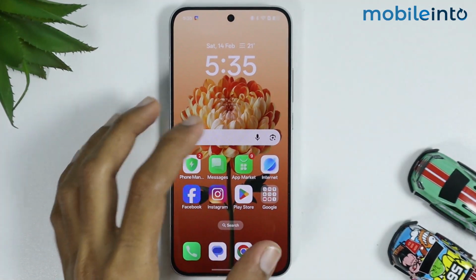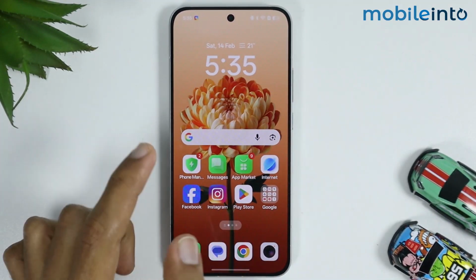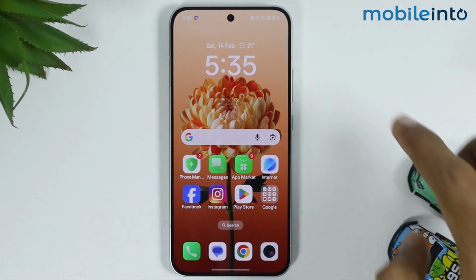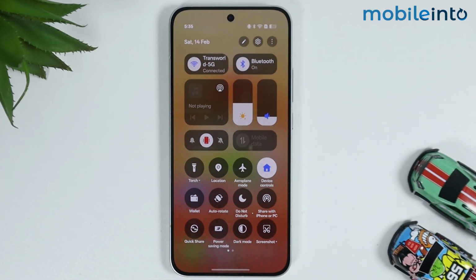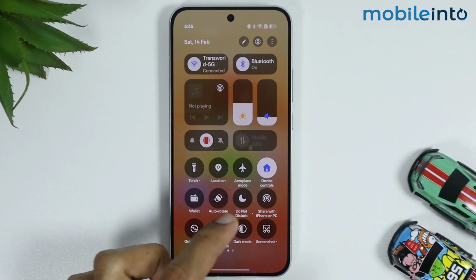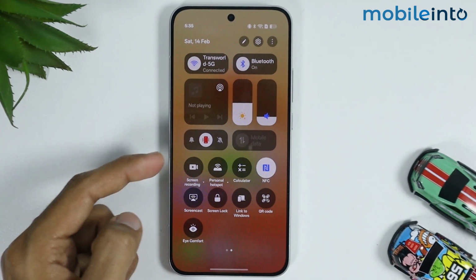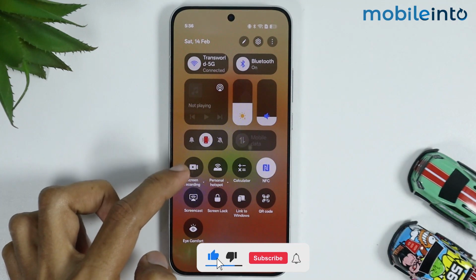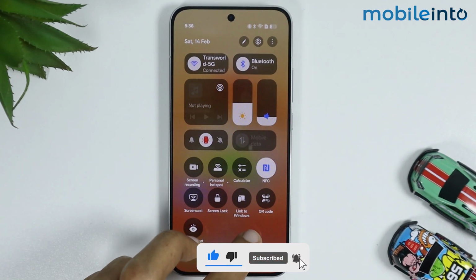If you cannot record your sound while you're screen recording, in this video I will show you how you can fix this issue. First of all, just swipe down from the top right of the screen and open the control center. In the control center, just look for the option of screen recording. If you cannot find the screen recording icon in your control center, then just tap and hold on the empty